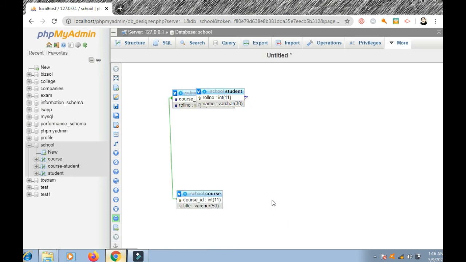Remember, we should index all the keys. Then make the primary key and foreign key. So these relationships, why do we use relationships, why do we use this pictorial diagram? Because it is easy to understand all the columns and create the relationship.